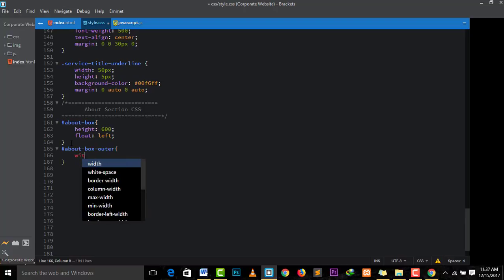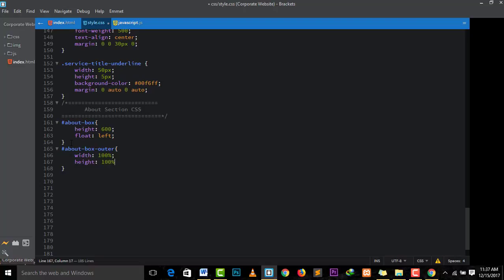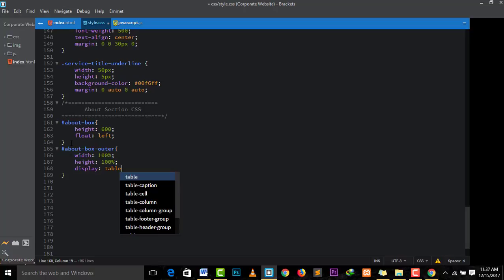We have the width. We want the width to be 100%. Of course, height will follow 100% as well. And then I want it to display as a table. Next,